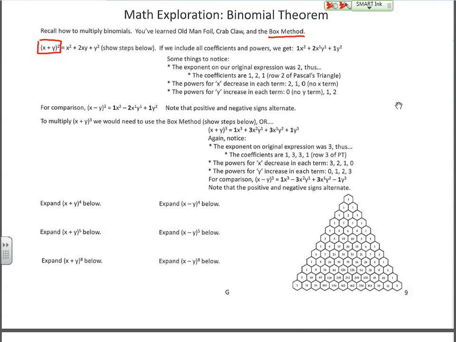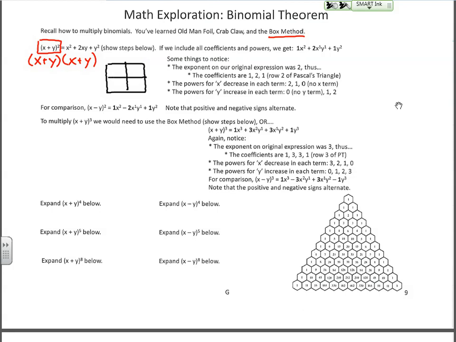And a reminder that (x + y)² is equal to (x + y) times (x + y), right? The exponent is on the outside of the parentheses. What we're squaring is everything inside of the parentheses, which is x plus y. It's that times itself. So what the box method has us do is, since we've got a binomial times a binomial, we're making a 2x2 box,